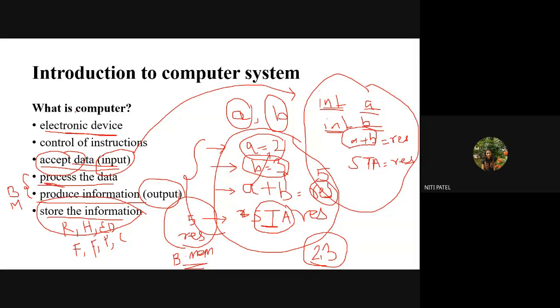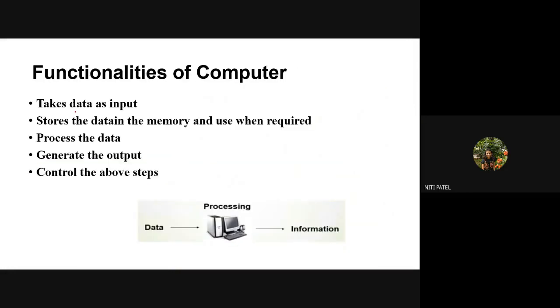It is a collection of many electronic devices. What are the functions of these devices? They will read the program. They will read every single instruction and accept the input based on the instructions. Once the input has been accepted, they will process that input based on the function specified in the program. After the processing is done, they will store that data into a buffer memory. After it is displayed on the screen, they will remove the data from the buffer memory and allow the user to store it anywhere inside the system. That anywhere can be any memory like RAM, hard disk, or any kind of external device. Is this understood up till here?